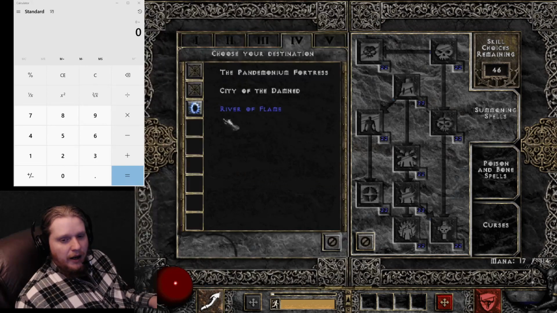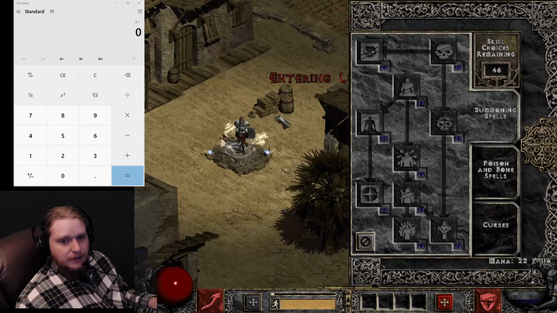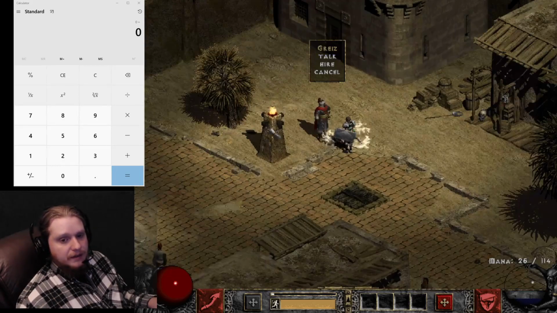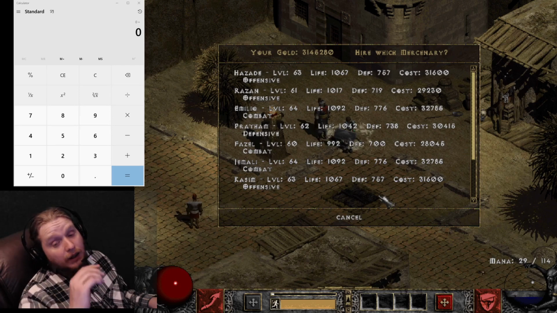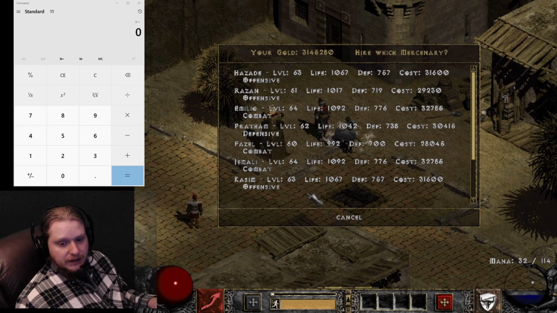Also, you're going to want to grab a Merc. So, in general, mercenaries on Necromancers are amazing because of how well they synergize with all of your group. One in particular that works really well with Necromancer is the